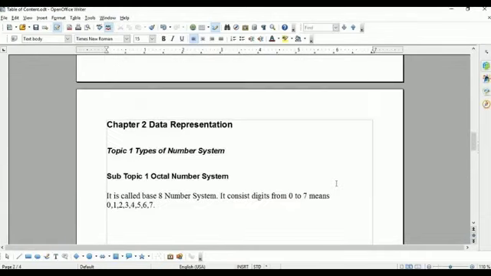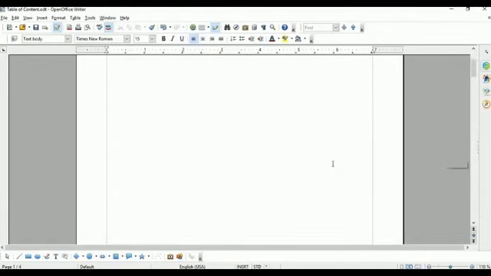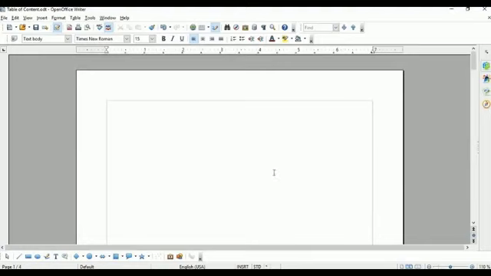So what are the steps to create a table of content? First you have to place your cursor at the top of the page, means first page, top of the document. It is not compulsory. Either you can place your cursor on the second or third page, means you can place your table of content on the second page, third page, where you want to place it. But here we want to place it in the first page. It looks better for the book, for the article, or the reader can easily get the page.